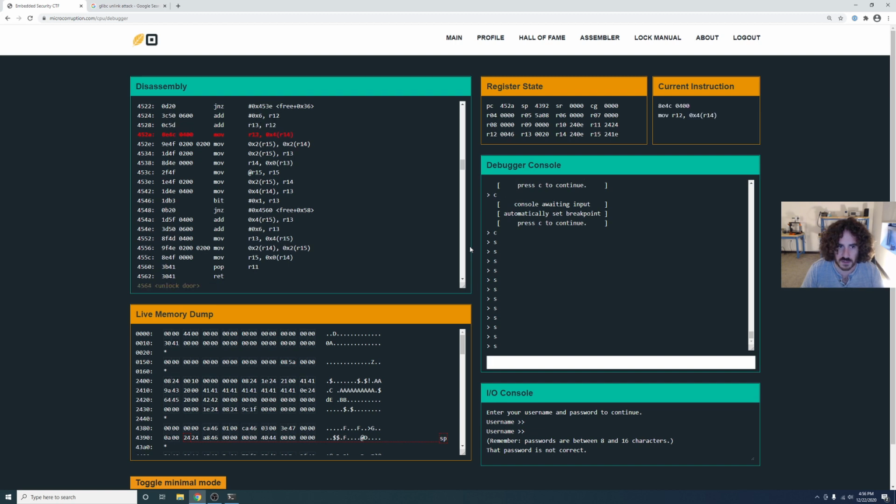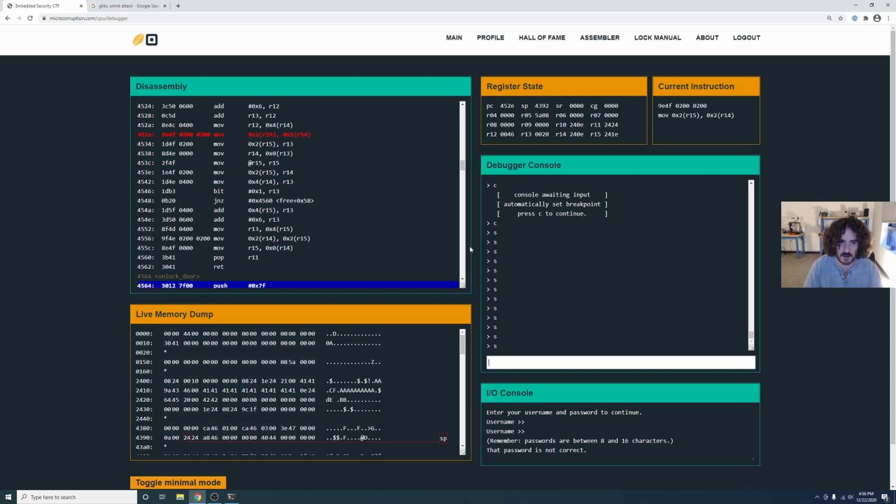Hit 46 hex. Move R12 into the size field, which we don't really care about, which updates there. We're moving 2 bytes from R15 to 241E. So right here, we're moving this to the